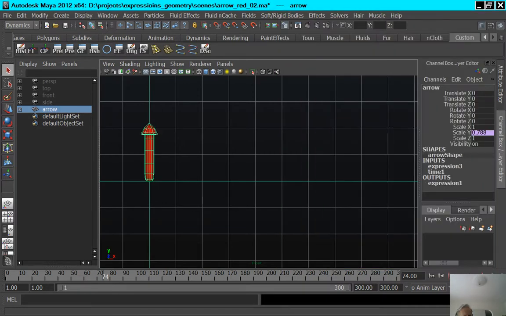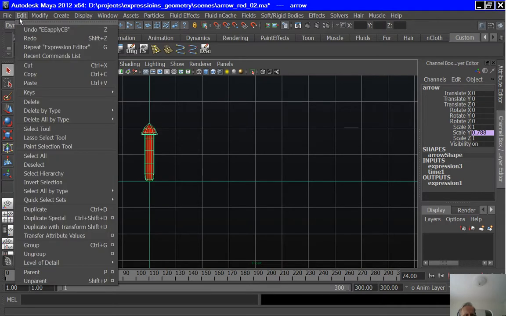The next step is to make duplicates of or multiple copies of this arrow. To do this, we will use the duplicate special function. So we'll go to edit and look down to duplicate special with options,